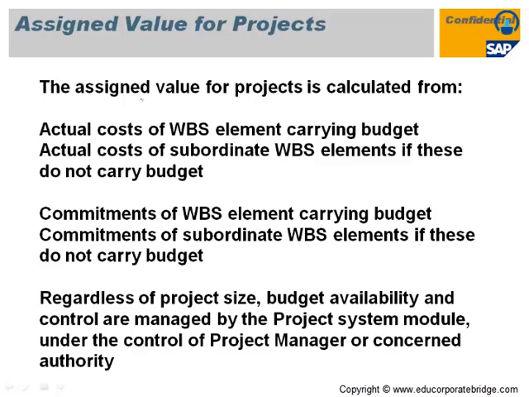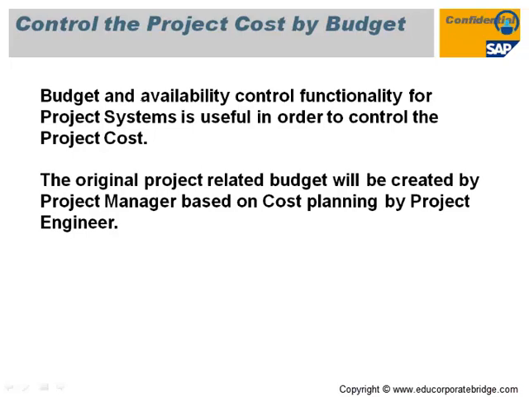So actual cost is nothing but your goods receipt, your service entry sheets, or your cost directly from the FI posting. And the commitment is your purchase requisition, your purchase order, your service requisition, and your work order. This is called the commitment on your project. So commitment plus actual is called the assigned value. You can control the cost through the availability control functionality in the project system, which will not allow you to incur the cost